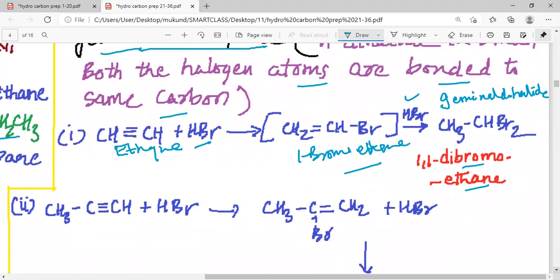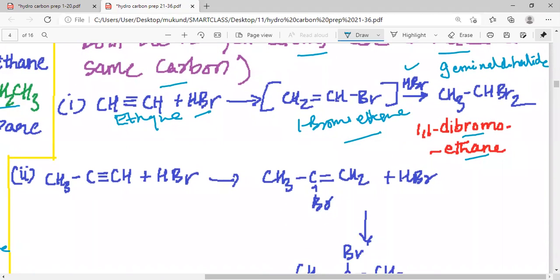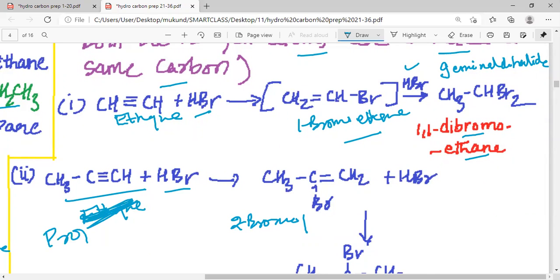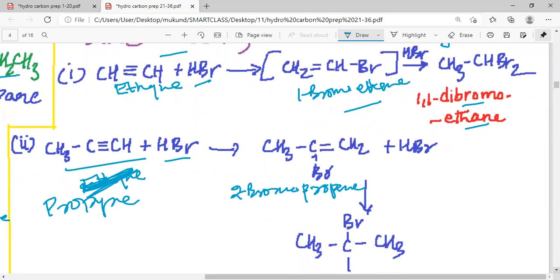Same way, my dear students, if we look into the next one, if we have ethyne, this ethyne when it reacts with the HBr, it gives us the 2-bromo. It's not ethyne, my dear students, it's propyne. And when HBr is added to it, we get 2-bromopropene, and 2-bromopropene when further added with